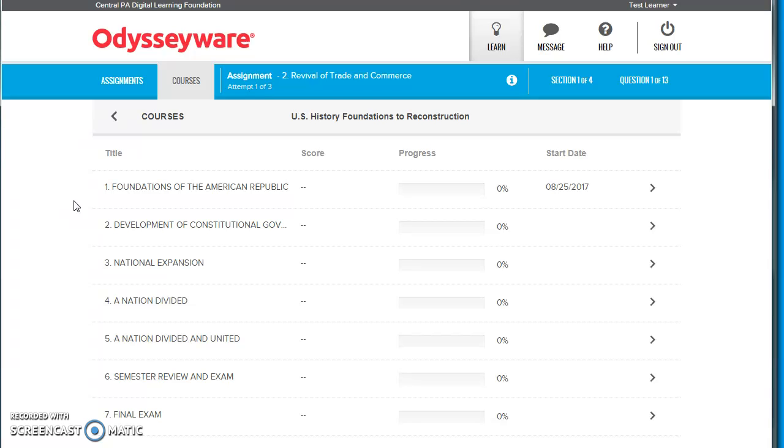Now let's say you go through an assignment, you get the grade back, it's returned to you, and you're just not happy with that grade. You want to make sure that you redo it. It's just like a brick and mortar school. I taught the brick and mortar school for 13 years. If I gave a student an assignment, I was not happy with it,